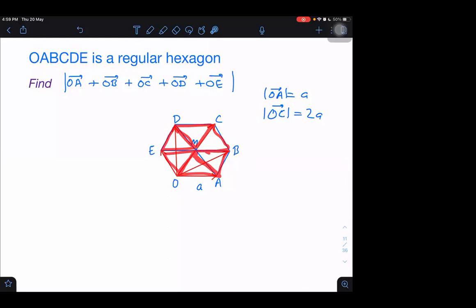In these equilateral triangles, whatever side you are seeing, all these sides will be equal. For example, EM will be equal to MD, will be equal to ED. All these will be equal to AH. Do you understand why this is equilateral? Yes, sir, because in a regular hexagon the diagonals bisect each other, and every angle is 60 degrees.